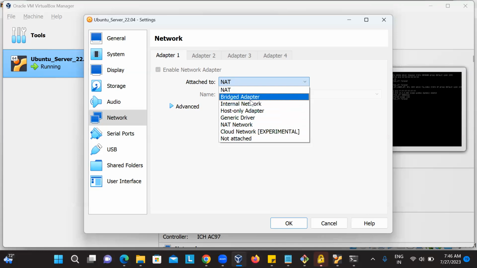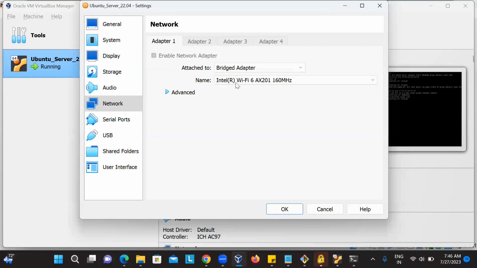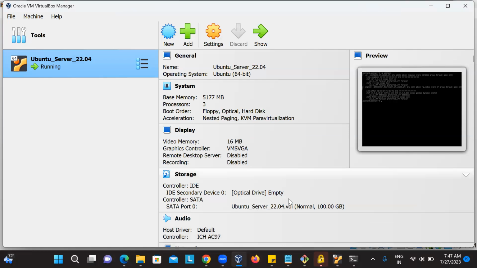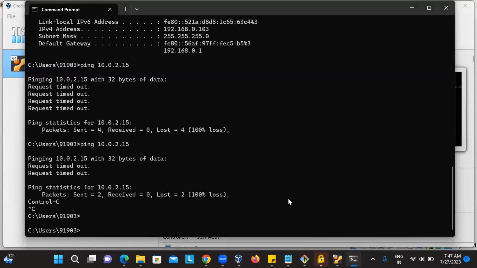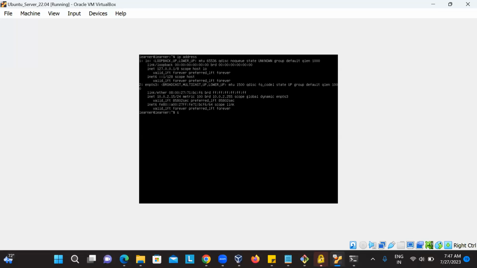Now what I'm going to do is give a bridged adapter. This is my network adapter settings, which I'm going to attach to my VirtualBox. Once that is done, I need to restart my network adapter in order to get the changes. sudo service network